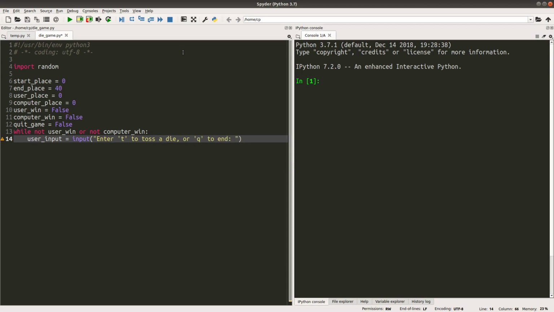If we want to quit the game, we need to enter small letter q. So when you want to leave the game, you can do so when it is your turn. If the user input is equal to q, that means that you are going to quit the game. I would turn the quit game boolean variable to true, and then I will leave the whole while loop by using the break command.